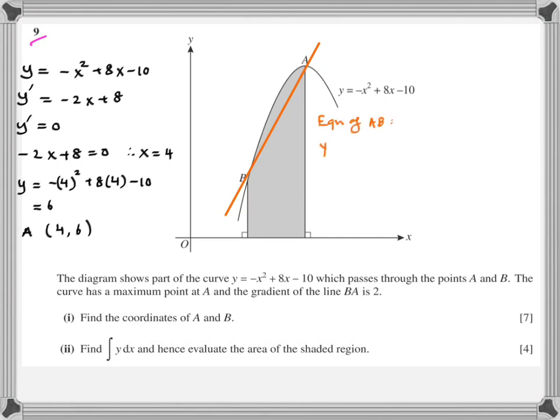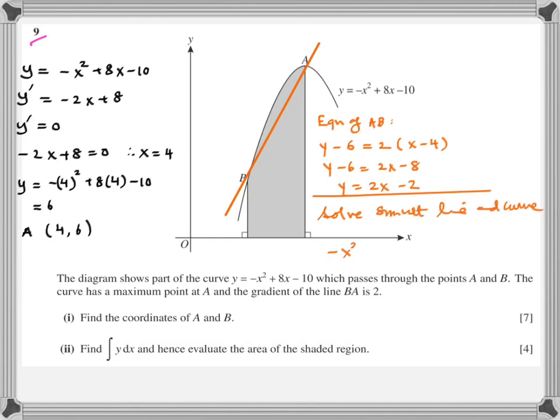Now, the equation of AB. I have the coordinates of A and the gradient of BA or AB. It's not a vector, so it doesn't make a difference how I pronounce it. BA is the same thing as AB. So I can find the equation of AB. After I have found this, I can solve the linear equation with the quadratic equation simultaneously. I'll find the value of x, which comes out to be 2. I'll find the value of y, which coincidentally also comes out to be 2. So I found A, I found B.